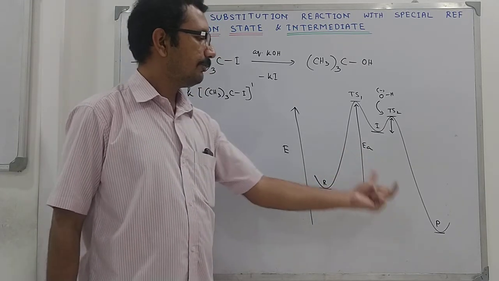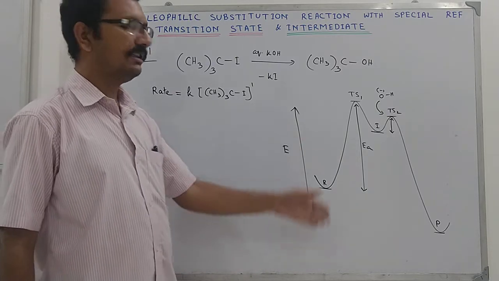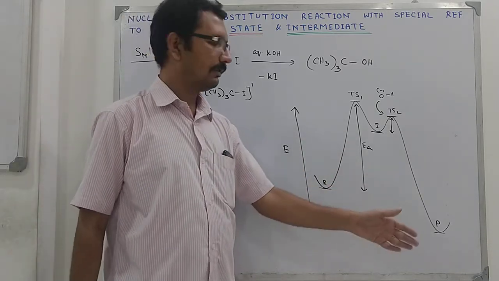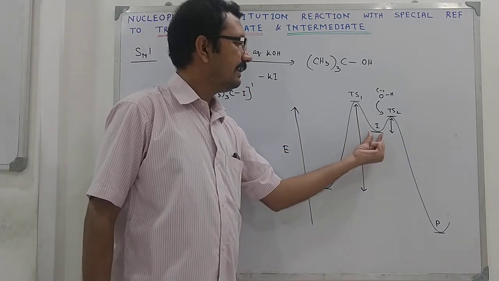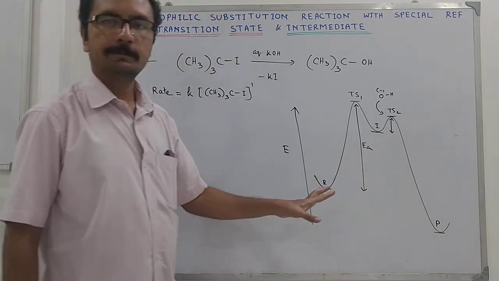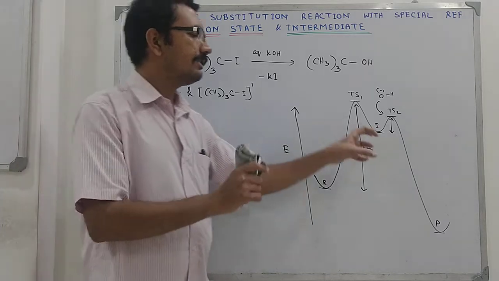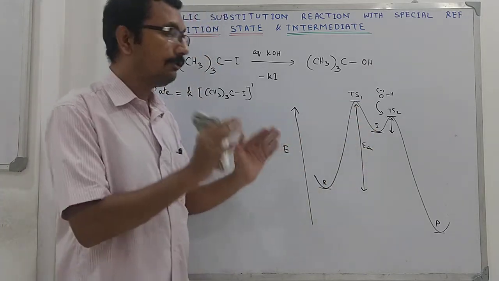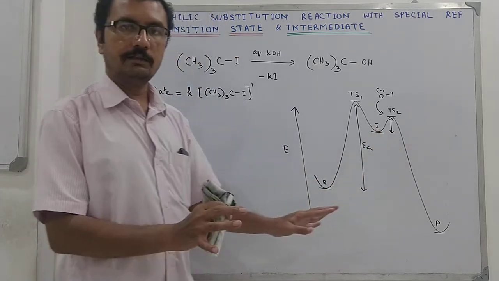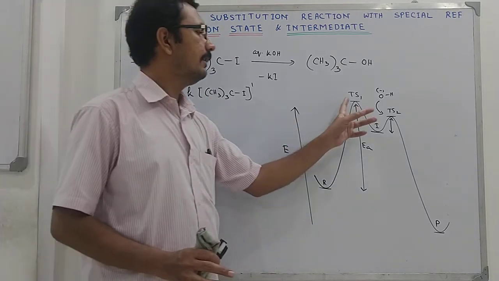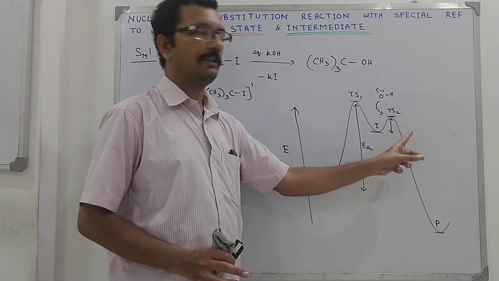So reactant and product are feasible, no problem with that. We can have reactant in bottles, we can have product in bottles. They may be commercially available, so they are stable. And intermediate is however unstable. So you need sophisticated techniques and approaches to capture it. But you will be able to capture it. That means it has real existence. But till date, no one has ever been able to isolate any transition state.